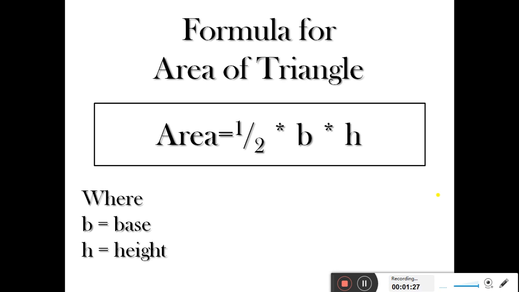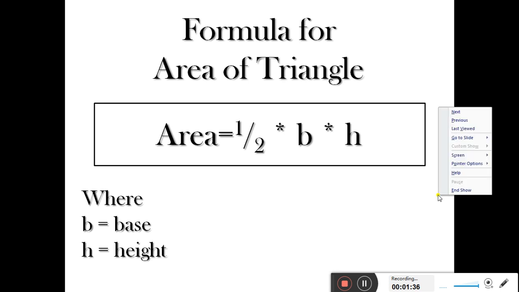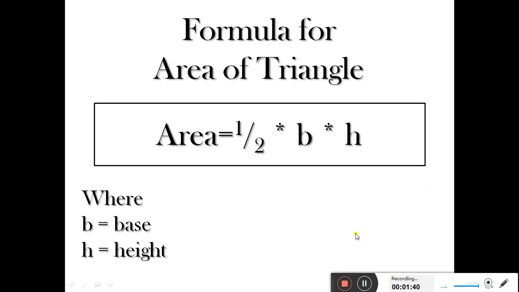So for this we require two things from the user: the value of b, that is the value of base, and the value of h, that is the value of height. So first we will ask the user to enter the value of base and height, and then we will put those values in the formula, and then we will find out the area of a triangle. Okay,